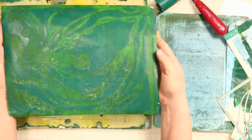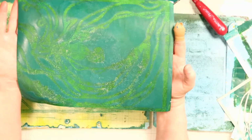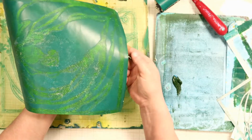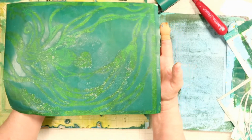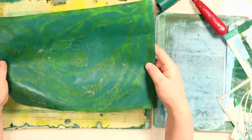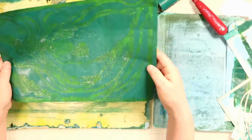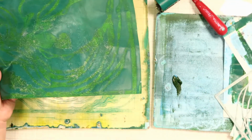So here, you see we have the blue-green, a lot more blue, and that's the darker color here. Then we used the green and the blue-green, and we added more green, and that is the background. And see what a subtle print that is. That is a nice tone-on-tone type of print. But I just wanted to show you that using three colors,